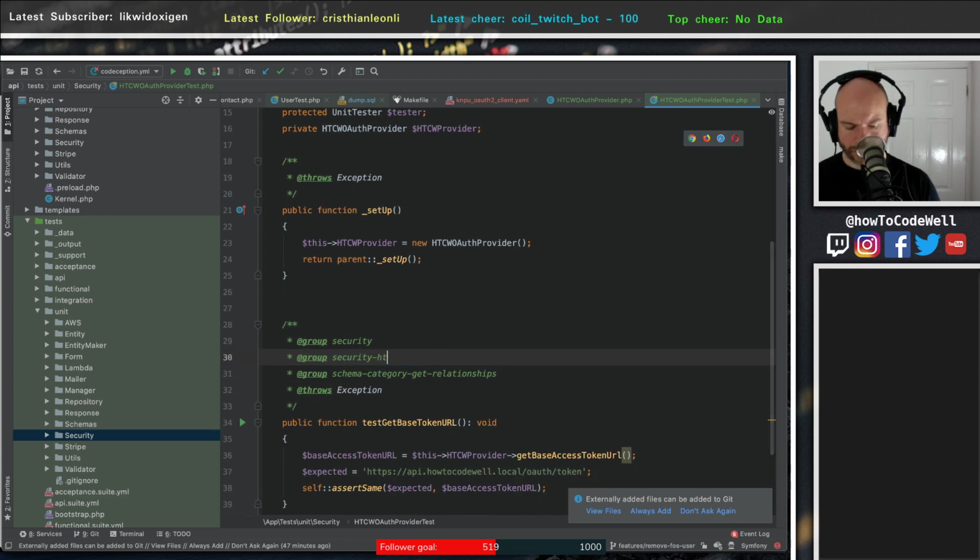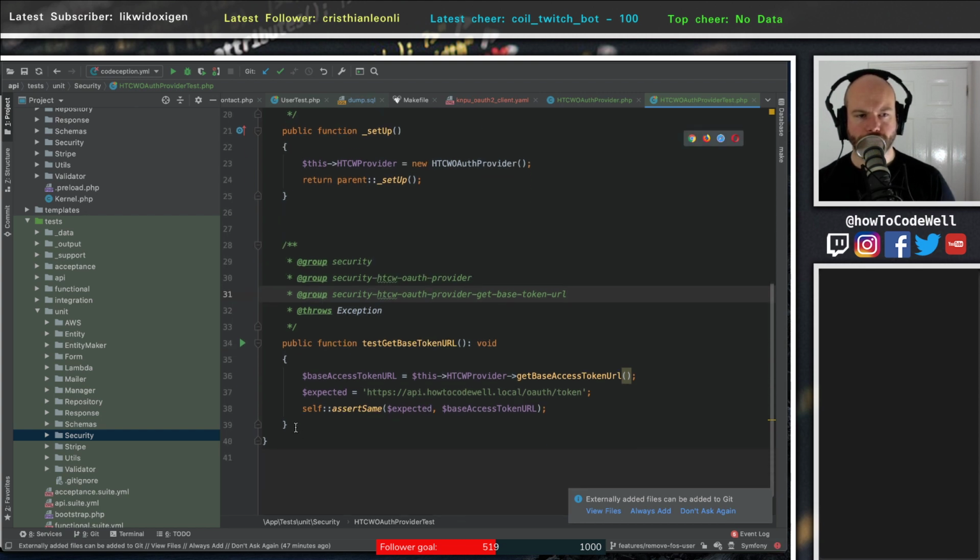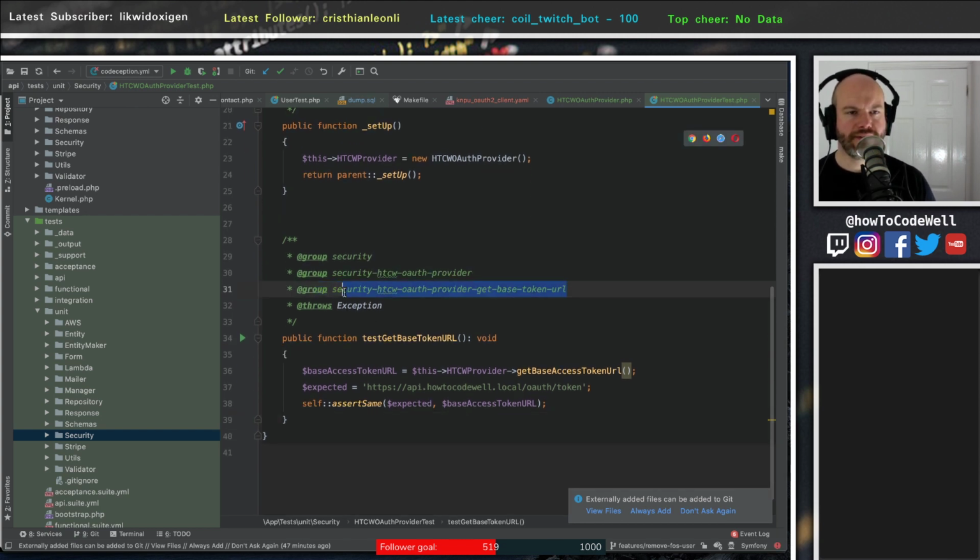And this is the How To Code Well OAuth provider. Get base token URL. Okay. So if we ran this